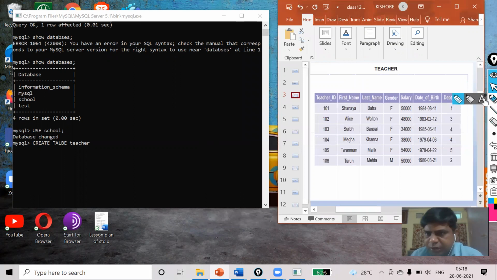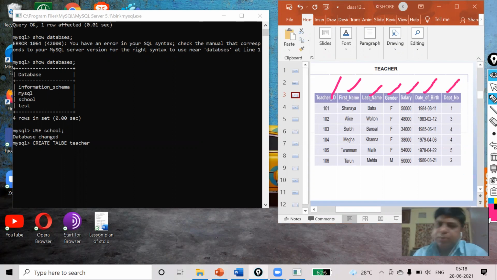So what are the fields? Teacher ID, first name, last name, gender, salary, date of birth, and department number. So one by one, I'm going to create. Here I have already given the name of the table.